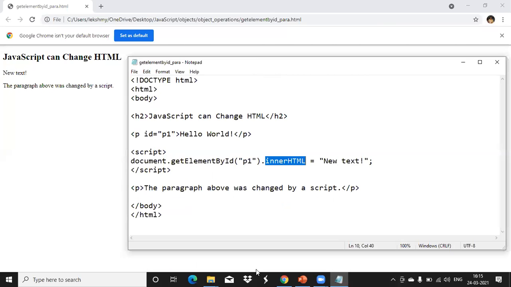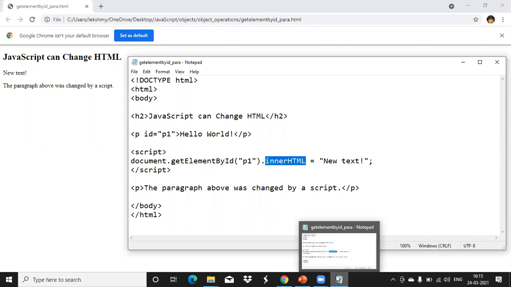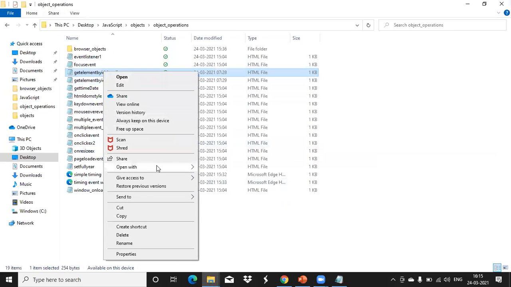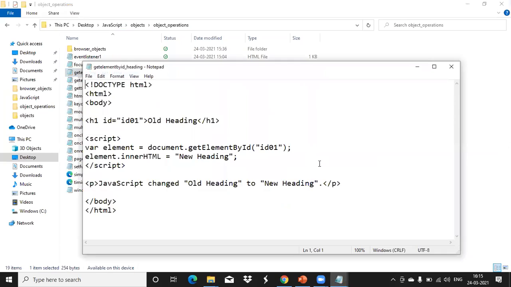So this we have changed for the paragraph. In the same manner, you can change your heading tag. Any HTML elements you can change using this document object. See the example for heading. Here a heading one, the first heading, H1 only tag we used. For that one, we have ID equal to a name. This name, anything you can give, no problem, but the attribute for that element should be what? ID. Then only can I access it using this method, get element by ID.